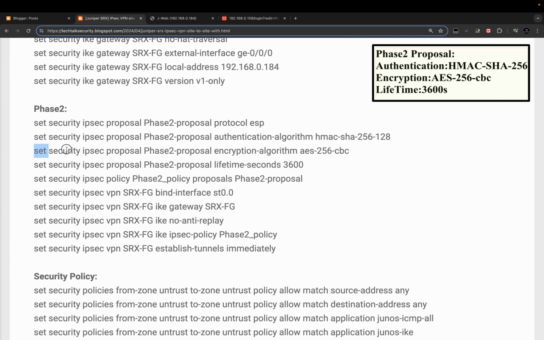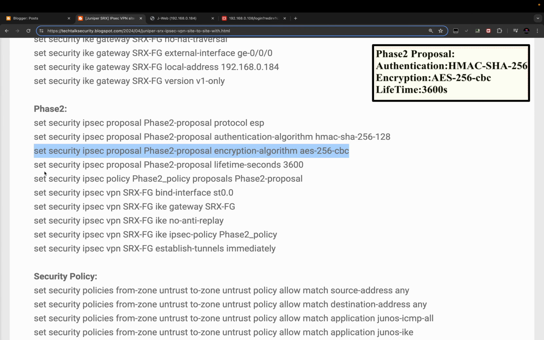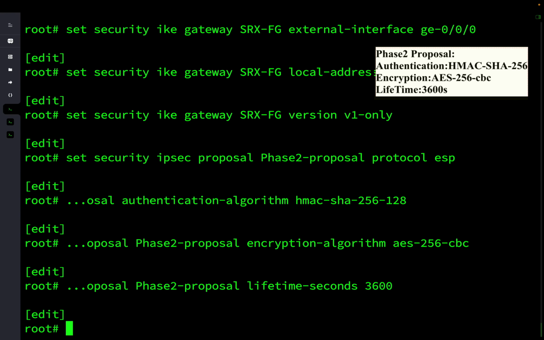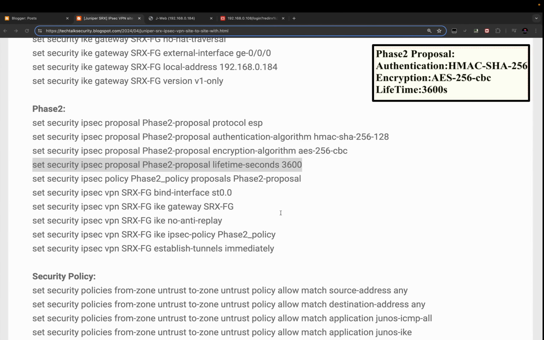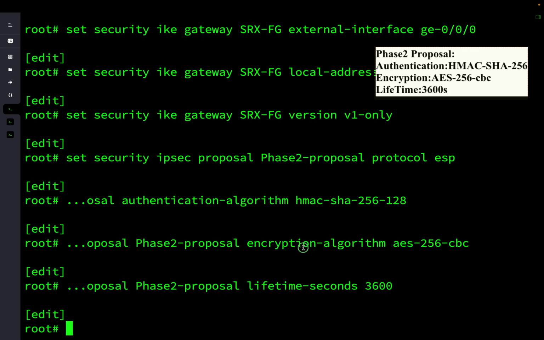Encryption algorithm is going to be AES 256 CBC. Proposal lifetime in seconds, which is 3600. I'm going to match everything I have configured on the remote firewall, which is the FortiGate firewall, and I'm going to add the proposal to the IPsec policy,